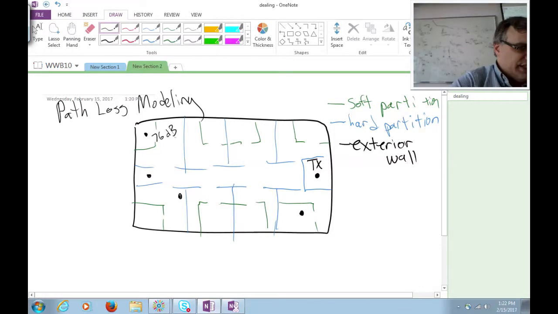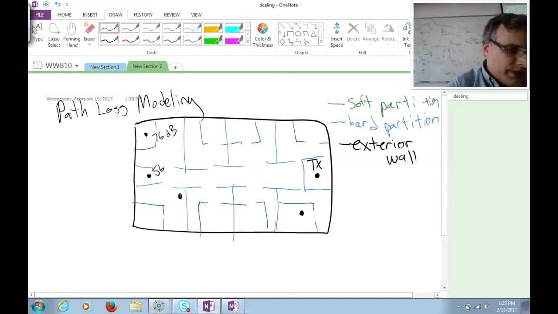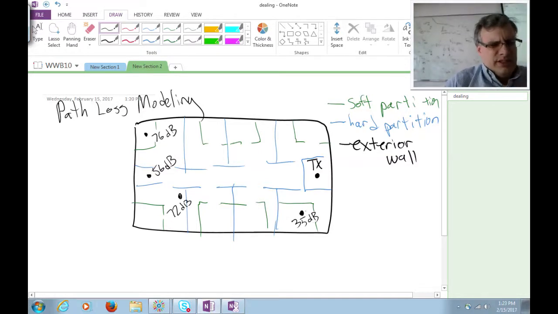This is 76 dB, not dBm because it's path loss. It's not milliwatts or watts. So it's path loss with respect to 1 meter free space. 72 dB, 35 dB, 56 and 76. And it says, you are going to use these spot measurements to construct a partition-based model for